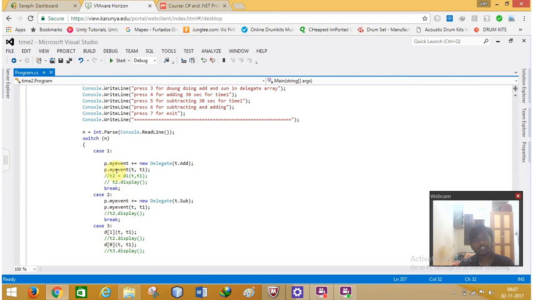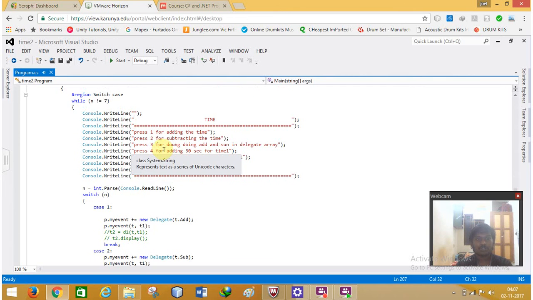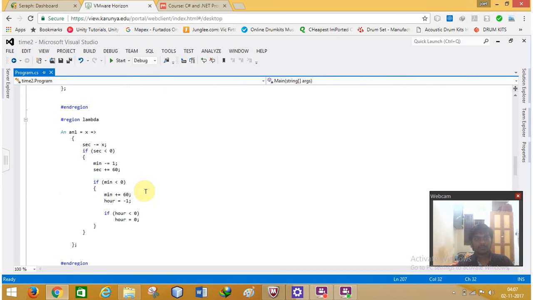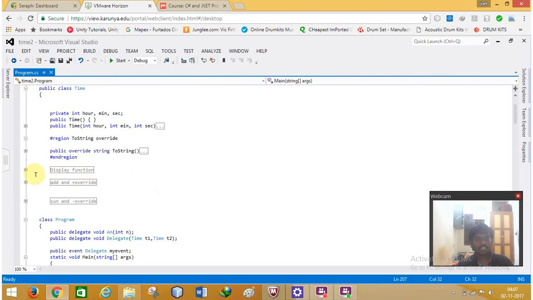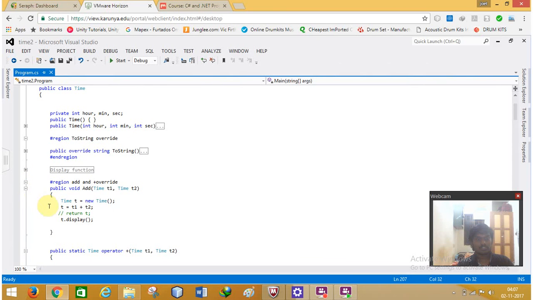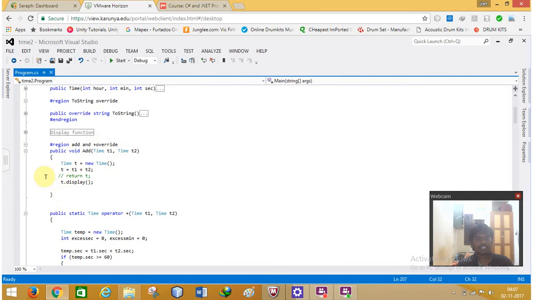So p1, this is how I can use my event to call a function, new delegate t1 dot add. I'm just adding it, p1 dot my event t comma t1. I'm just sending 2 because I just need to add it, right? So I'm just sending it where 2 delegates are there. So I'm just adding it here and this is add. I'm just adding both the times